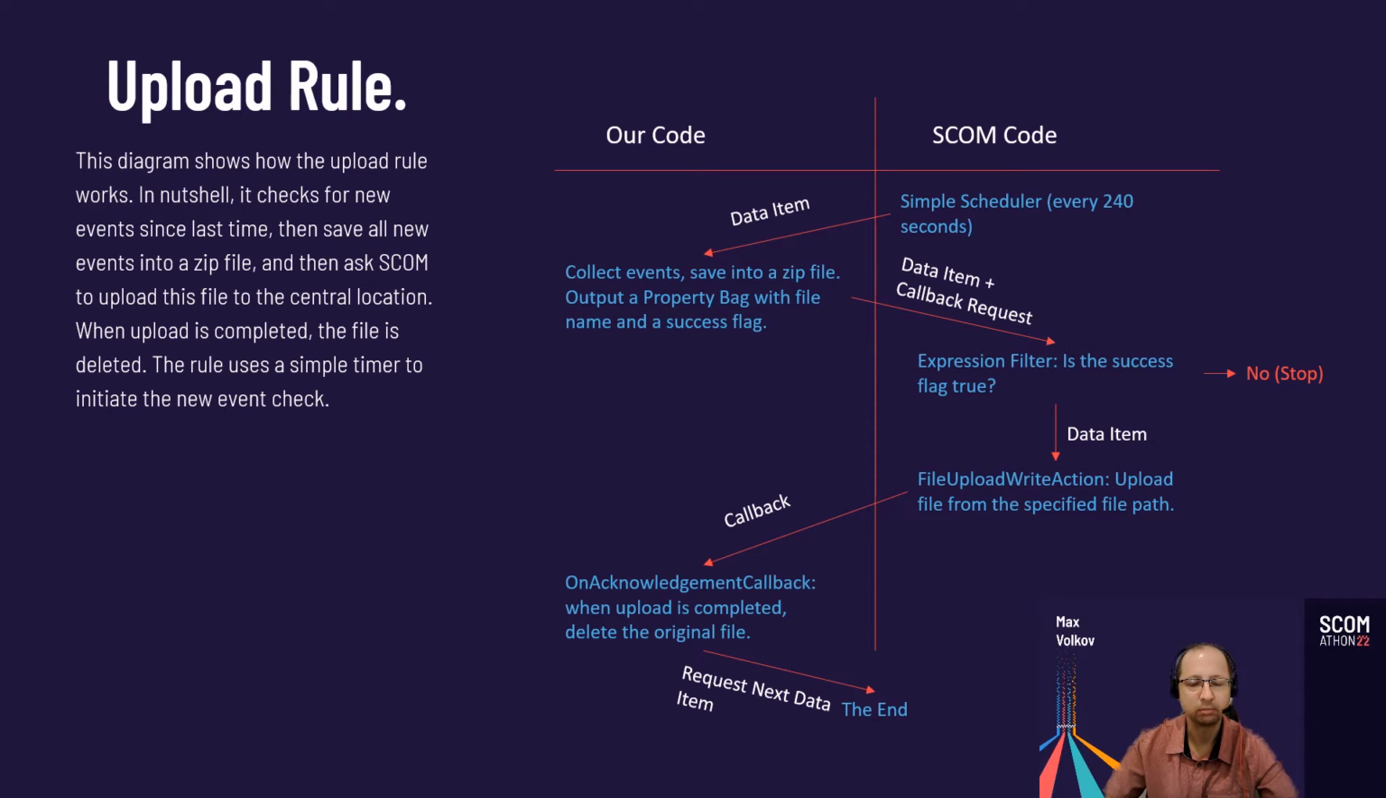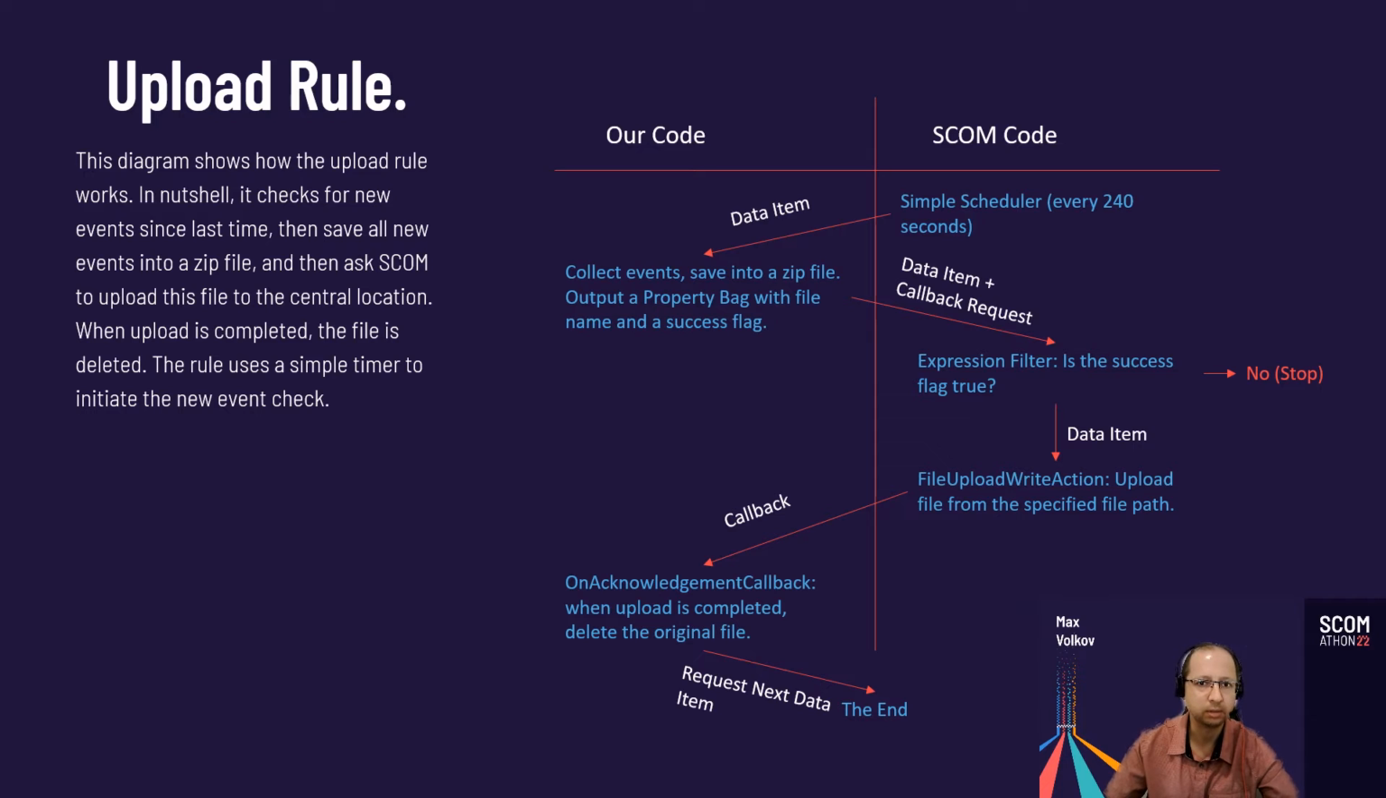So let's have a look how upload rule works. Let's have a look how workflow flows from SCOM code to our code, to standard action, to our actions. And one of the things, because we need to receive acknowledgement callbacks, unfortunately our actions can only be written in .NET in C#. If you use PowerShell or JScript or VBScript, those types of actions are unable to receive acknowledgement